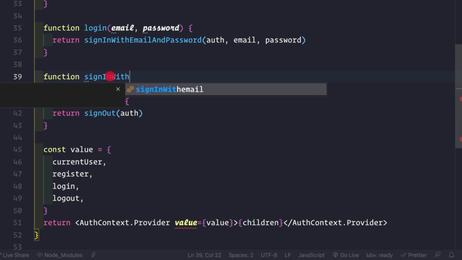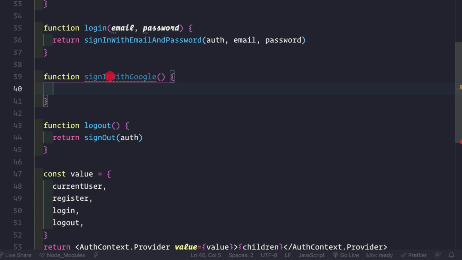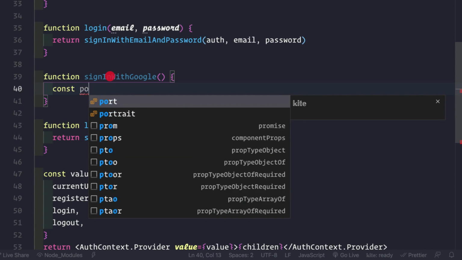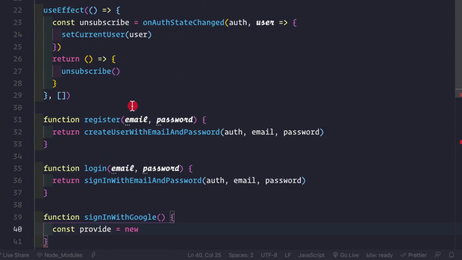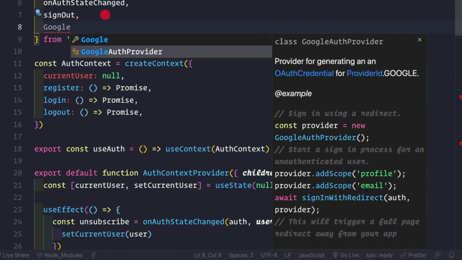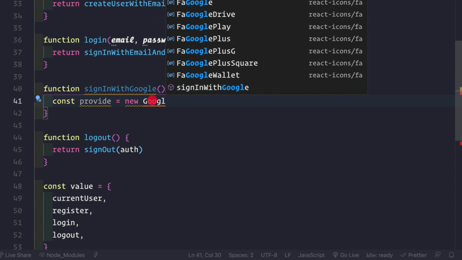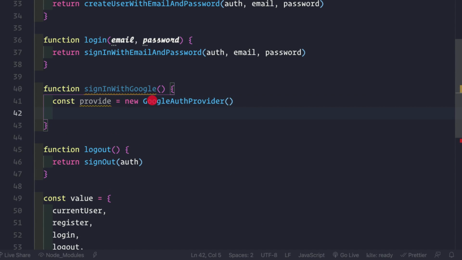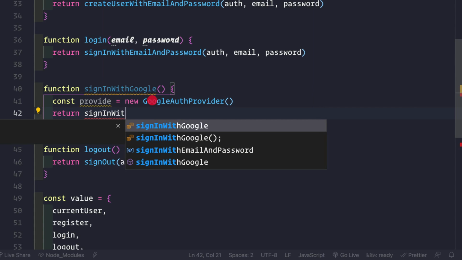in with Google like this, and here we can simply say const provider equal to new something, and that something comes from this Firebase auth package, that is GoogleAuthProvider. And here we can simply say GoogleAuthProvider like this, and now we can again return something which is again a promise. So sign in with